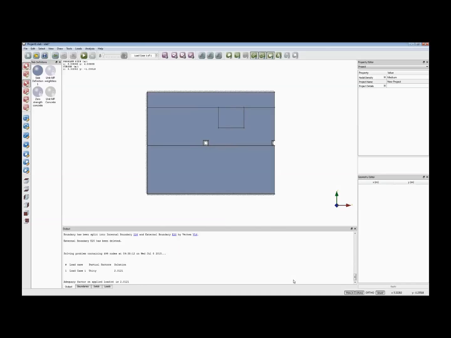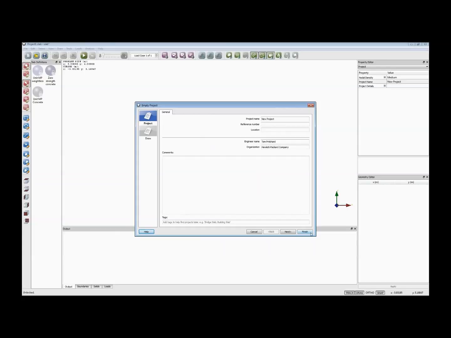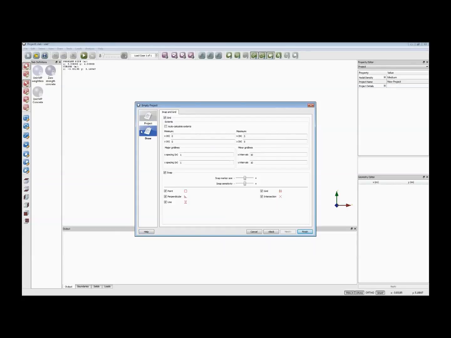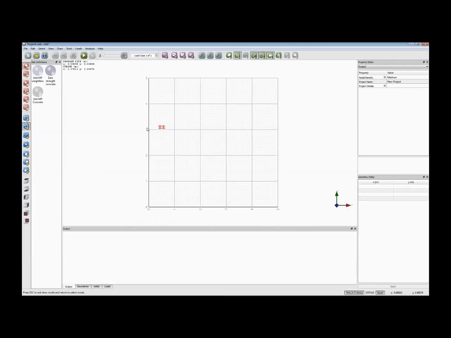So that's a very simple problem that we've looked at with a rectangular sort of cross section. One thing you might want to do is potentially look at making a geometry from scratch rather than using the wizards. So I won't save that. So you can also create an empty problem. And all that happens here is that you get the options for the grid intervals and the snap. So there's no actual definition of material properties or a geometry or anything like that. It's simply just saying what are the drawing settings. So if we click finish, you can see here that we've got a problem that's blank but with a grid